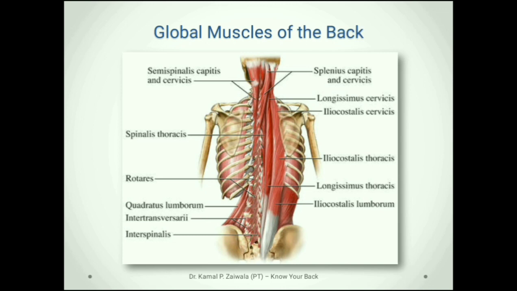Now coming to the quadratus lumborum muscle. The fibers of the quadratus lumborum muscle are diagonally arranged. The origin of the quadratus lumborum is from the iliac crest, and it inserts into the lower rib cage and the transverse processes of the upper lumbar spine. So the contraction of the quadratus lumborum is responsible for the rotation of the back as well as for the lateral flexion of the back. When the origin of the quadratus lumborum moves, it causes hiking of the pelvis on one side.